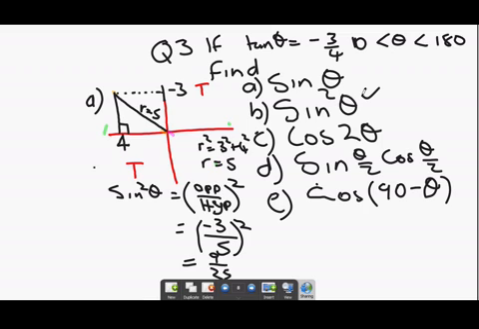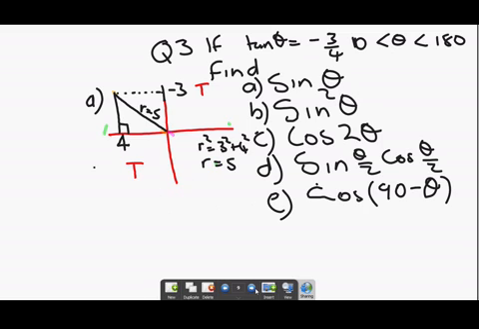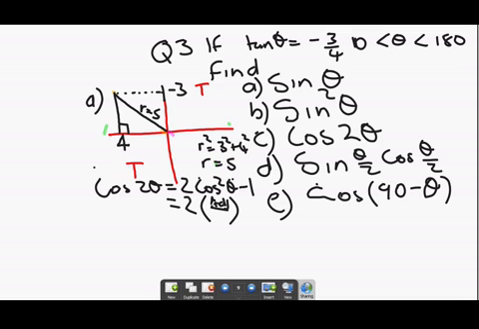Now let's go to the next one. The next one now is saying cos 2 theta. In this case, we must remember cos 2 theta. Aha! You take out your formula sheet. This looks familiar. So I know that cos 2 theta is going to be 2 cos squared theta minus 1. So I need to replace the cos again, but remember now cos is adjacent over hypotenuse